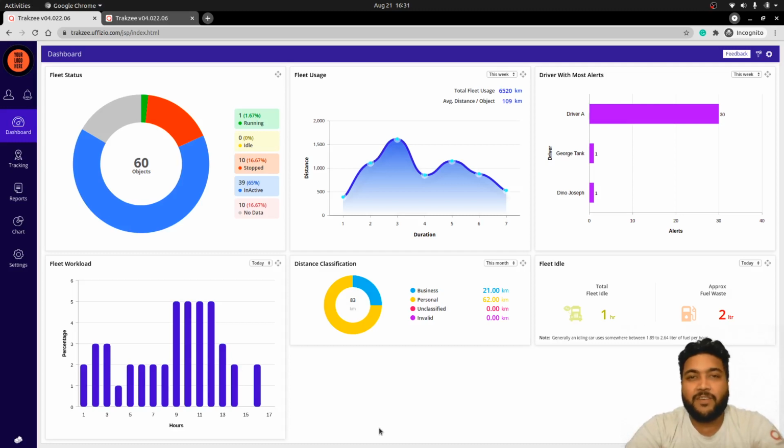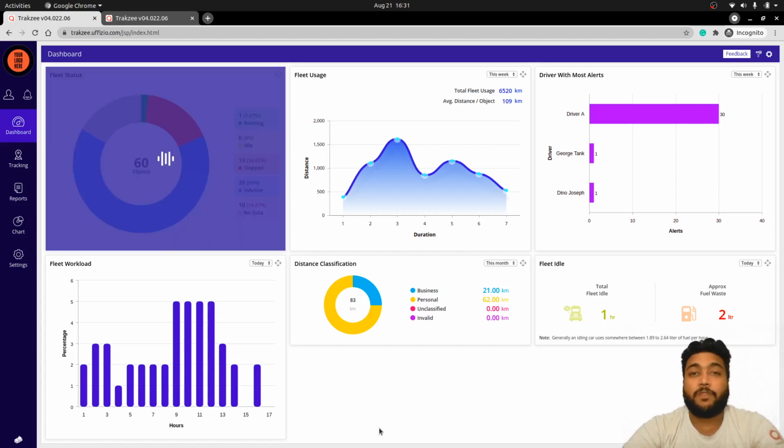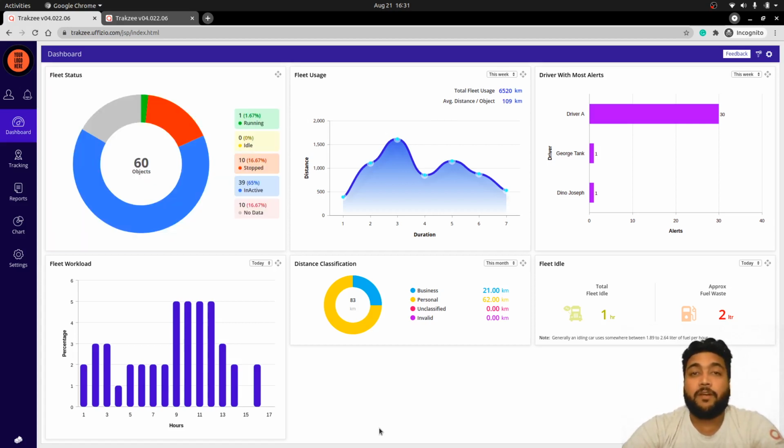Hello. In this session, we are going to discuss activities widgets on the dashboard. These widgets are very helpful if you want to get the information of your fleet with its activities and the parameter information as a summarized record. All the parameters of the widgets are available for the activities. This option is available on the dashboard when users log in to their account.